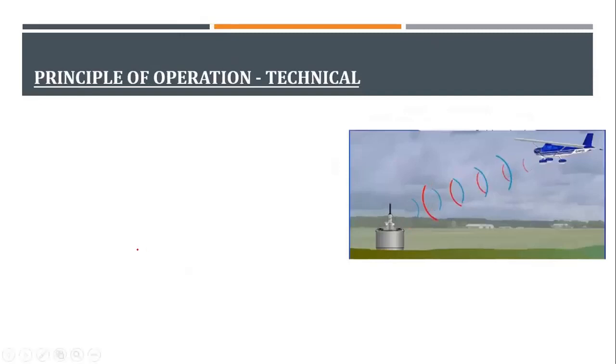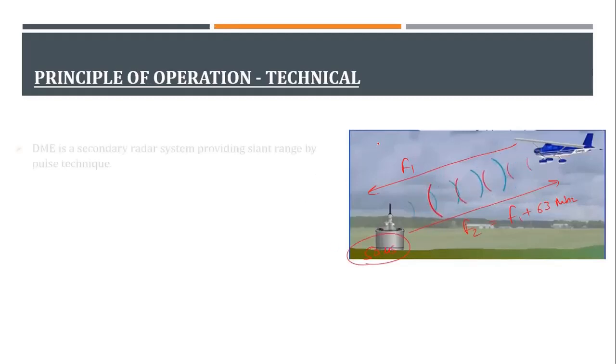Now let's understand the principle of operation of DME with respect to technicality. Okay, technical things. I've already explained you. This video is giving you a very good idea about the transmissions. So you can remember this. Okay, there's a 50 microsecond gap also. This is very easy for you to define.